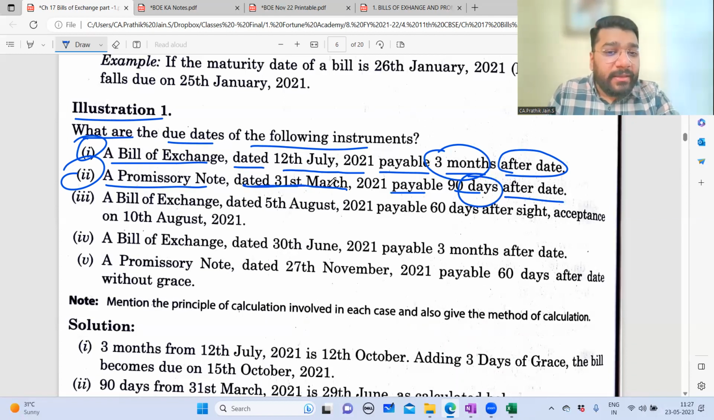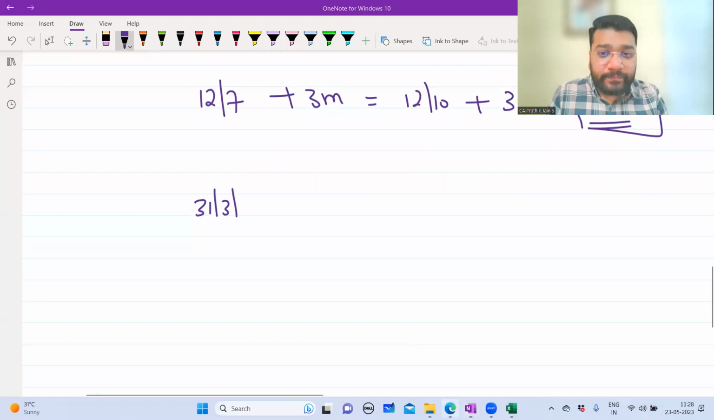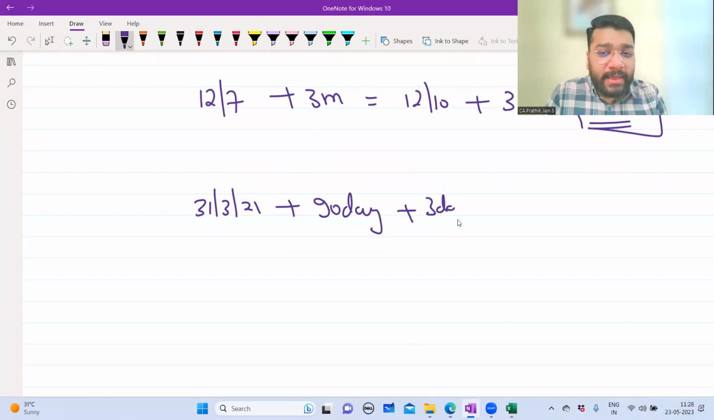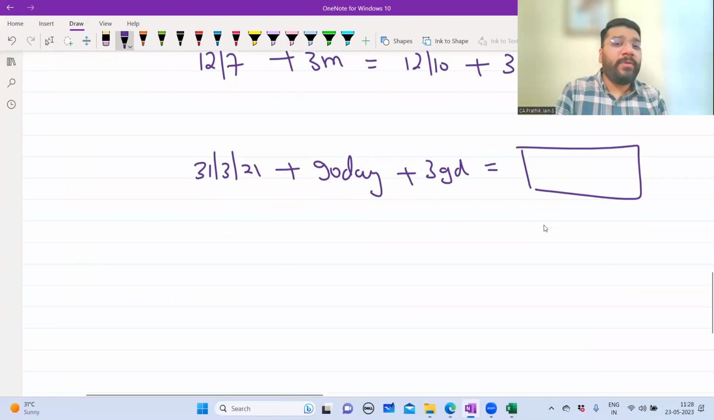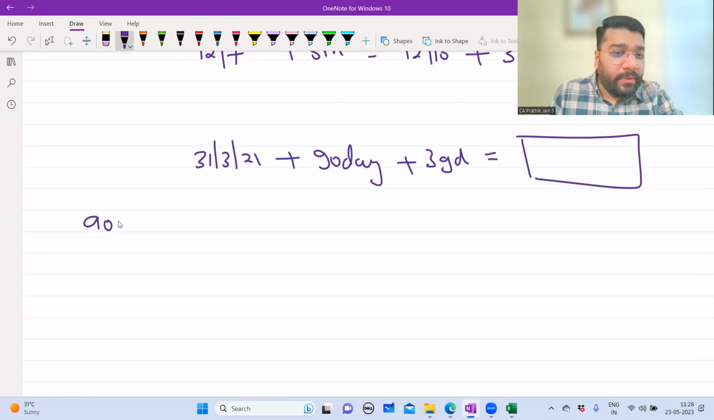So now, guys, promissory note date is 31st of March and the credit period is 90 days. So you have to calculate the due date. So 31st of March 2021, guys, plus 90 days plus 3 grace days is equal to what will be this date? How will you calculate? 90 days of